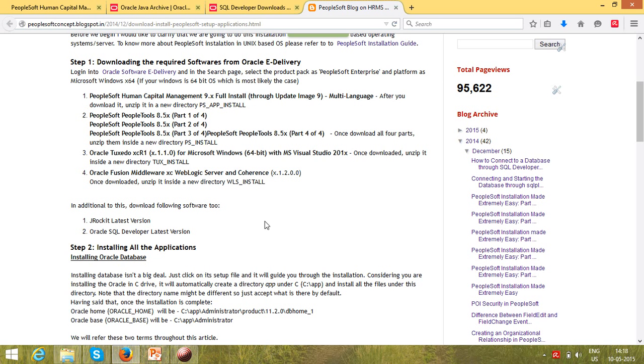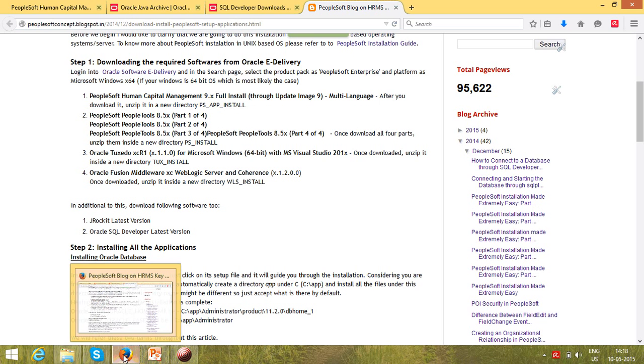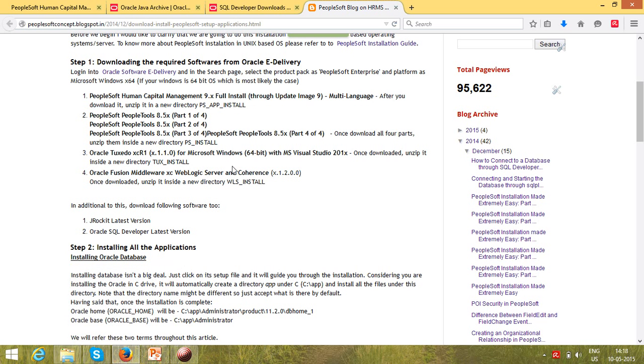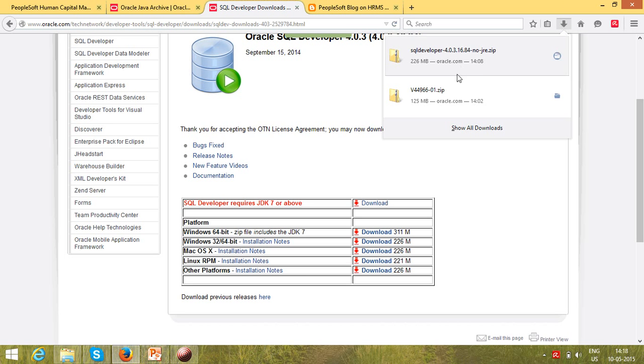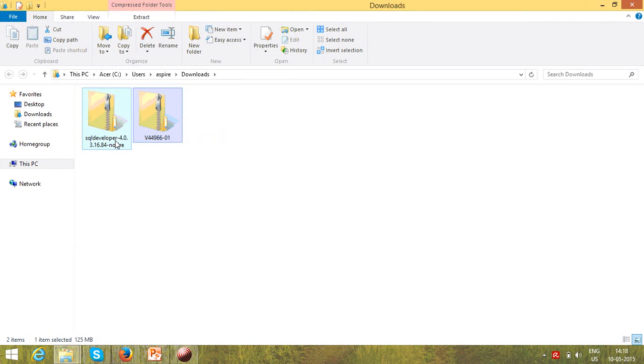So we have renamed the downloaded files for PeopleTools and the PeopleSoft application. Let's copy the softwares that we have downloaded today, which is SQL Developer and the JDK. So let's copy both of these.